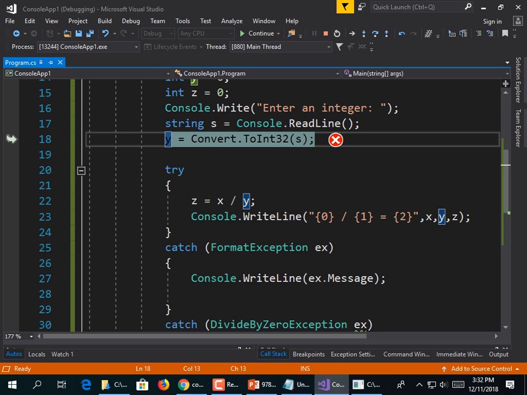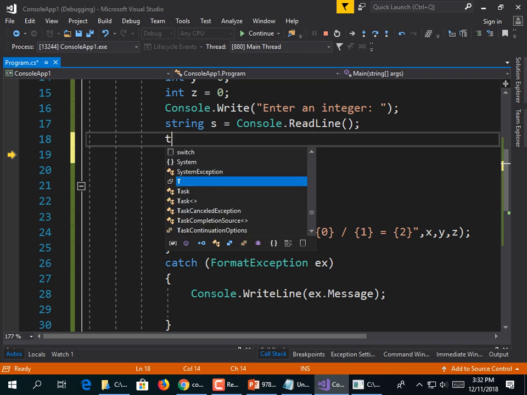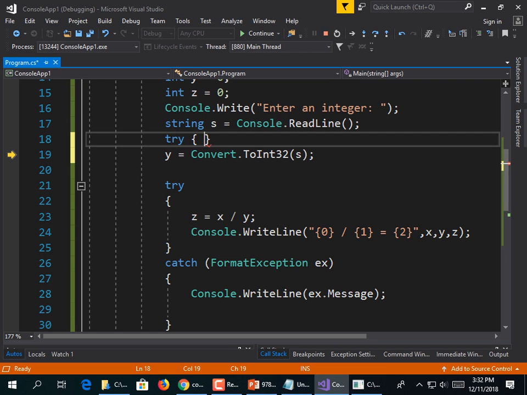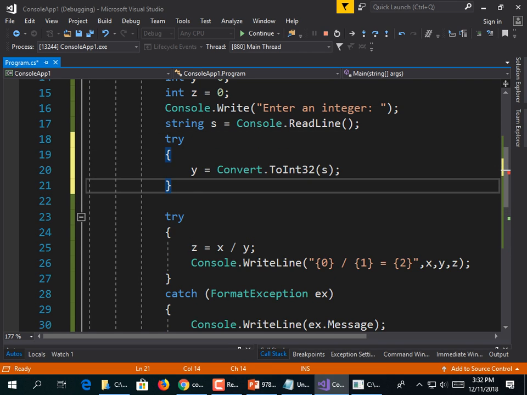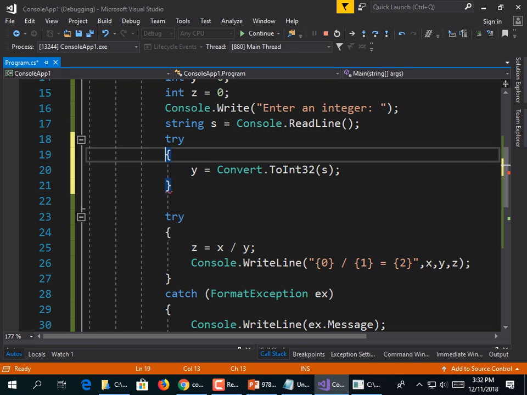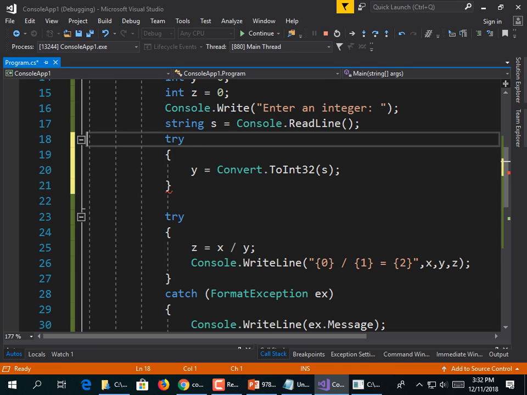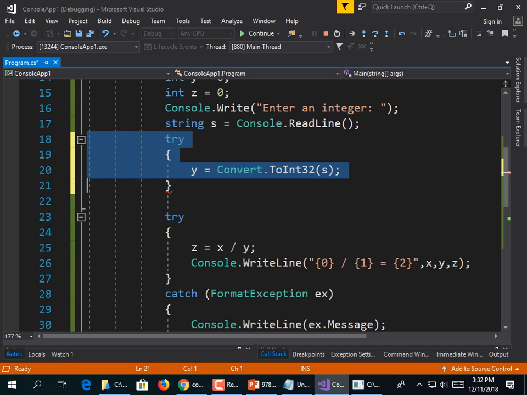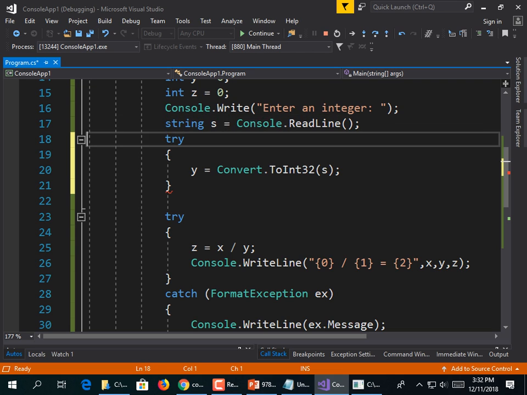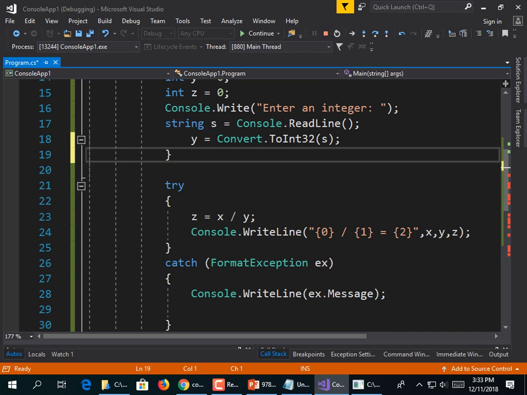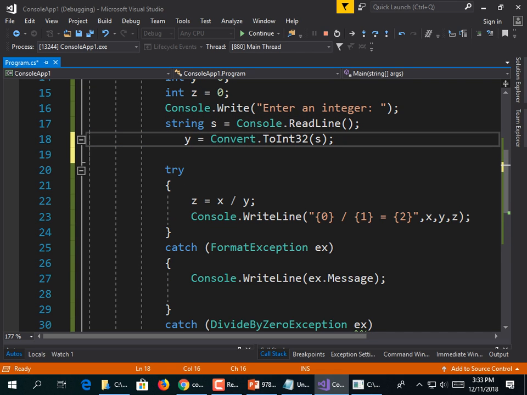There's any number of approaches, but one thing we could do is put this in its own try block, right? We could try that, and if we get an error... or you could just catch multiple errors in the same block. It's kind of up to you as to how you handle this. Do you want to put every risky statement inside its own try? It doesn't always make sense to do that. I think that in this case it makes sense to move this conversion statement